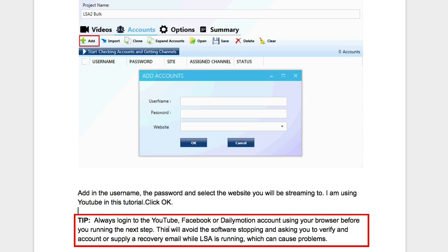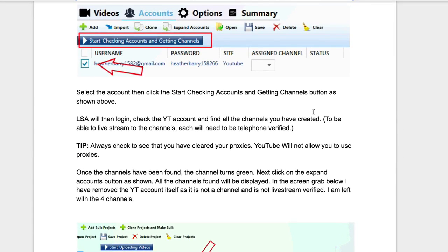So just always log into the browser, go into the browser and log in, and make sure that it's all okay. Okay, so once you've added the account, this is what you'll see, and you can see it over here. So what you need to do is to select it and then click on the Start Checking Accounts and Getting Channels